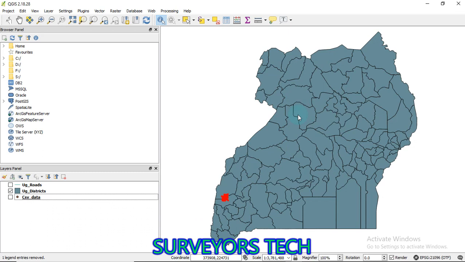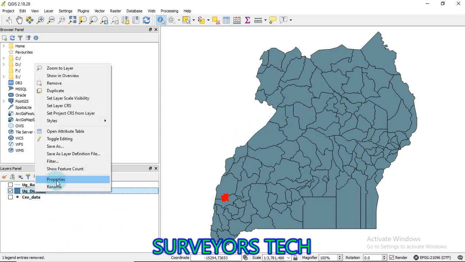Now, if you look at these districts, all of them have the same color, so you can be confused in a way or the other. Or you might not like this, whereby you want each district having its own color, or you want to label the districts. So how can we do that? So let's manipulate our data now. It's just around playing with the data, as simple as that.